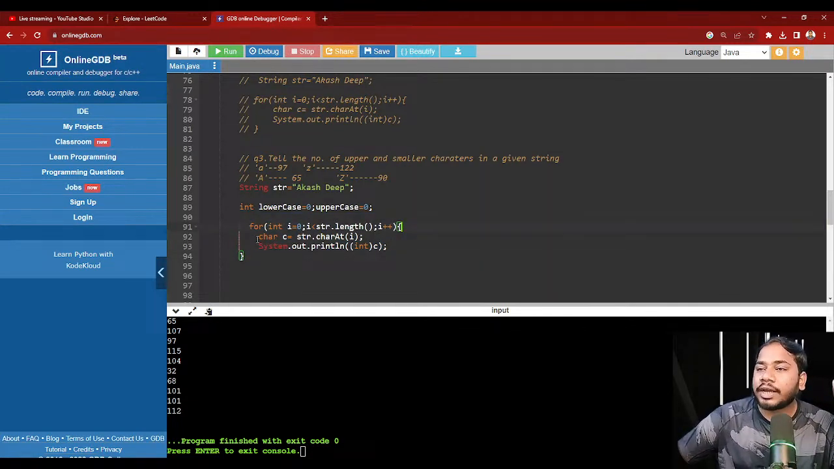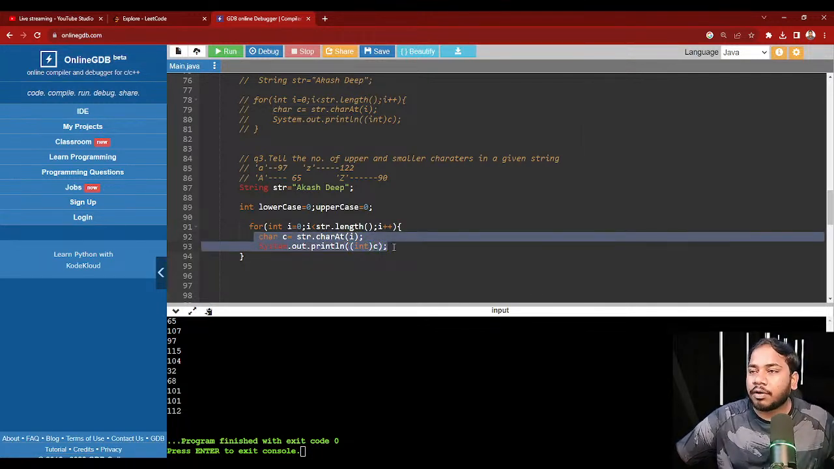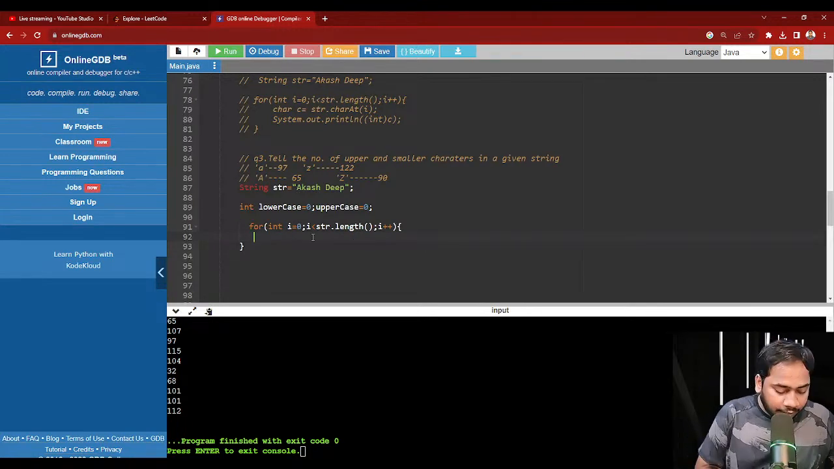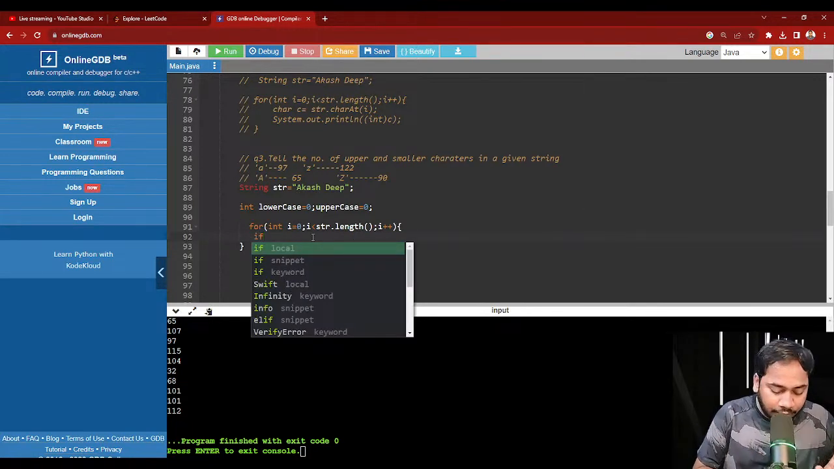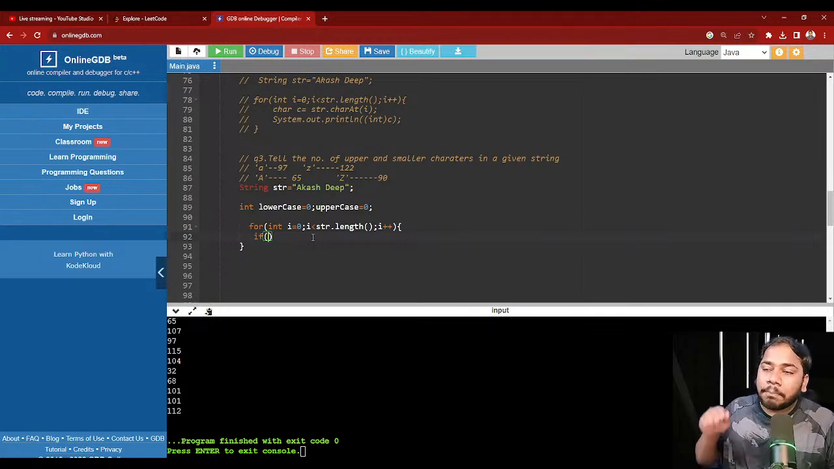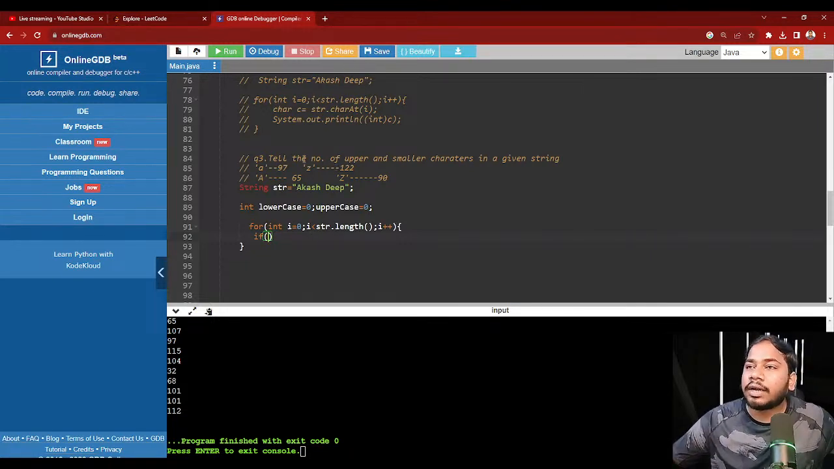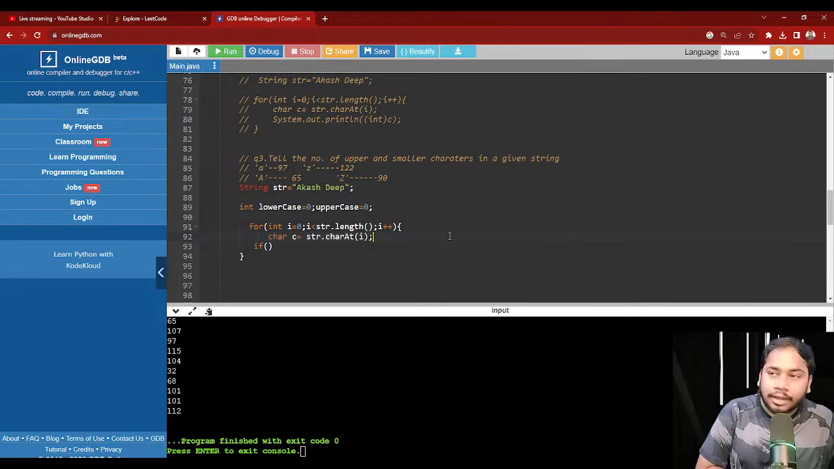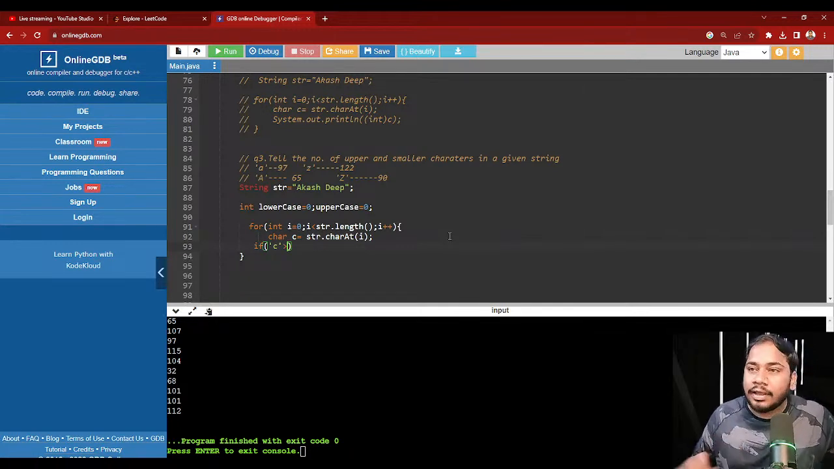We have to check, guys. We can remove these things because they are not needed. We have to check that particular character, so let's store that character in a variable, C. Now we will check if that C is greater than